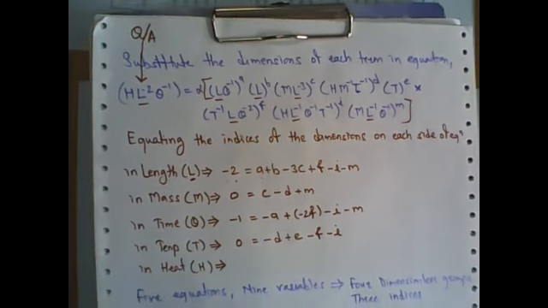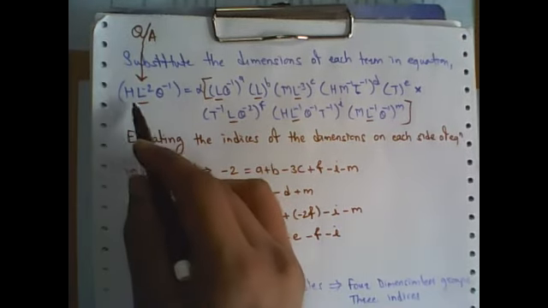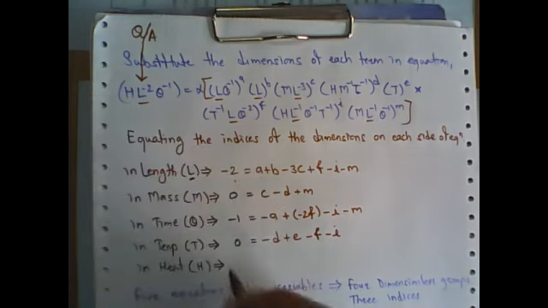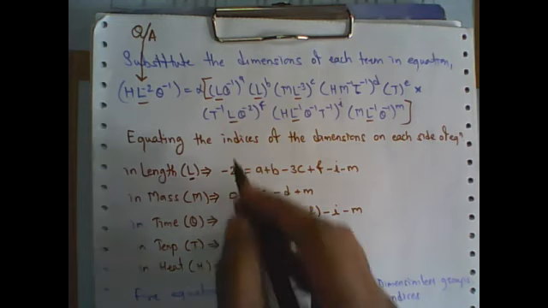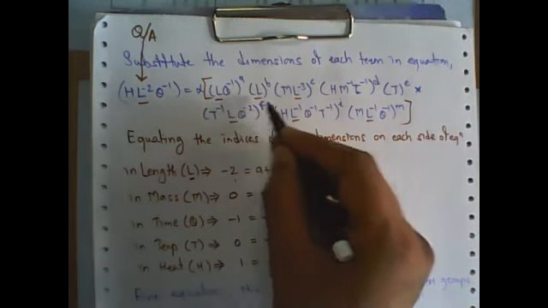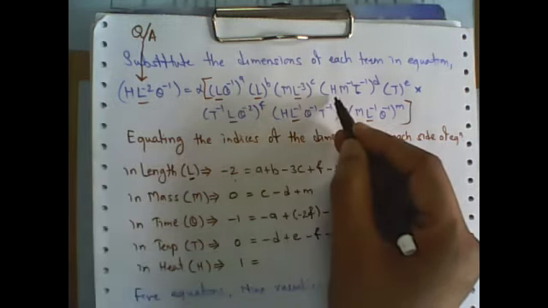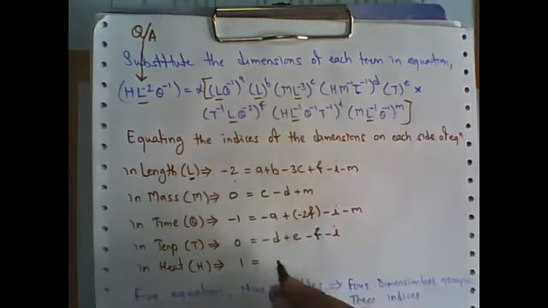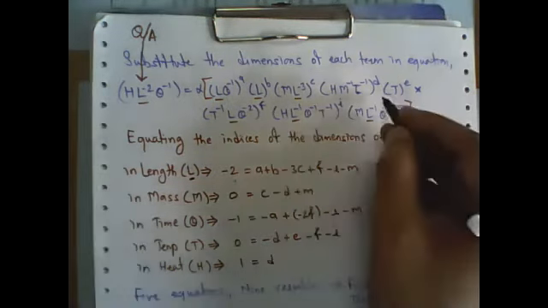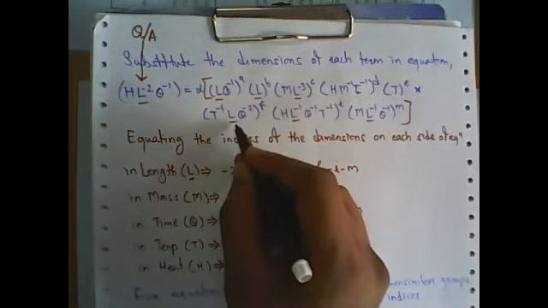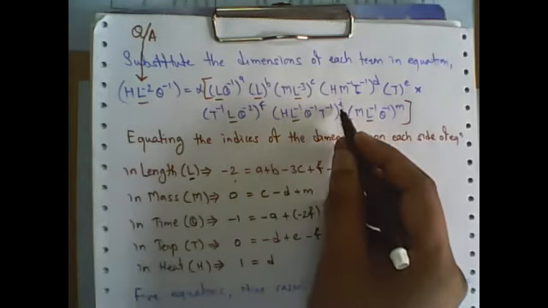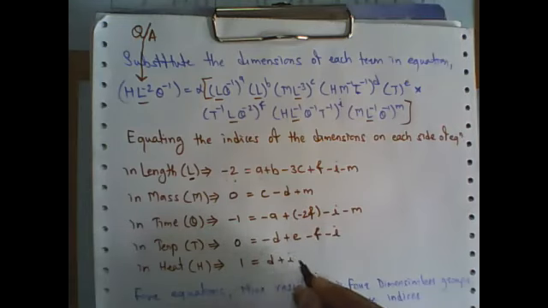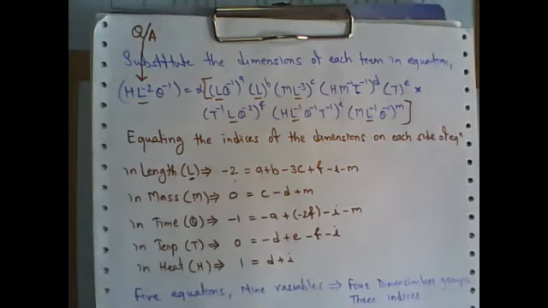Now in terms of H, on the left hand side, H is there, so it means H raised to 1, that is, the index is 1. Now on the right hand side, here no H, no H, no H. Now here H raised to D, so it should be plus D. Here no H, no H. Now here H raised to I, so it should be plus I. Here no H. So in terms of H, it is 1 equal to D plus I.